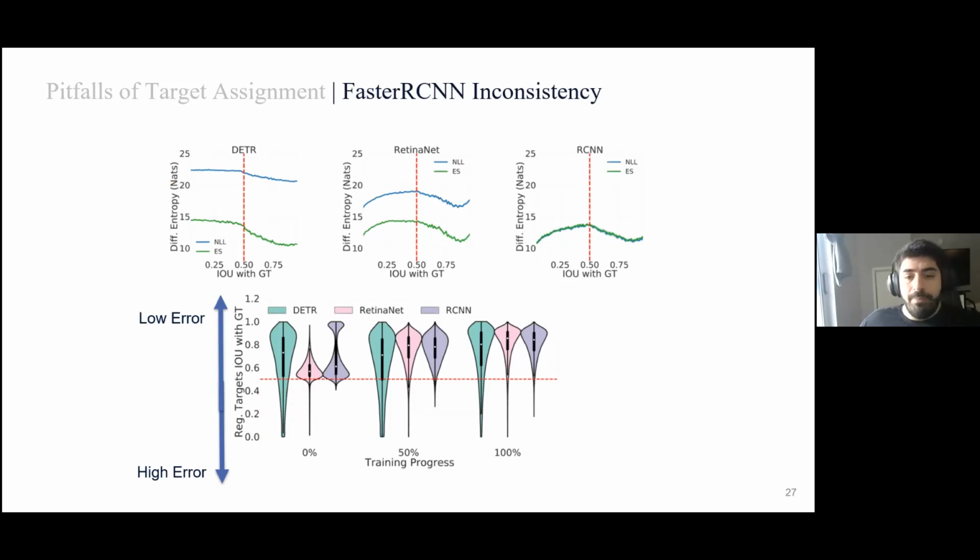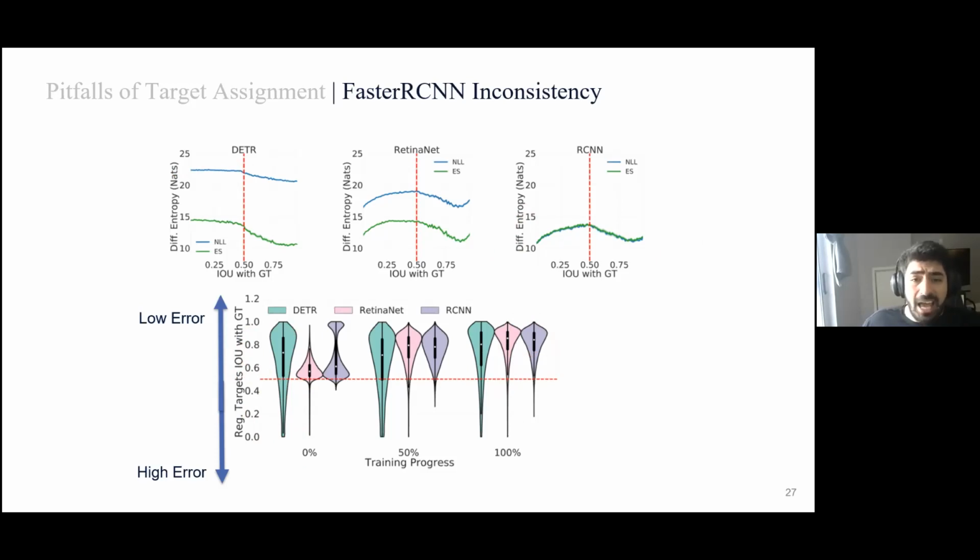Basically, by restricting your training regression targets to only low error ones, high IOU ones, if we train the network to predict the predictive distributions only on small mistakes, we get low entropy distributions from negative log likelihood. However, when we allow it to observe higher error targets, we get very high entropy. So basically, training with high error regions manifests the preference of negative log likelihood for high entropy distributions.